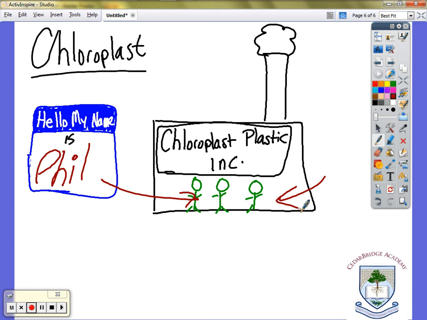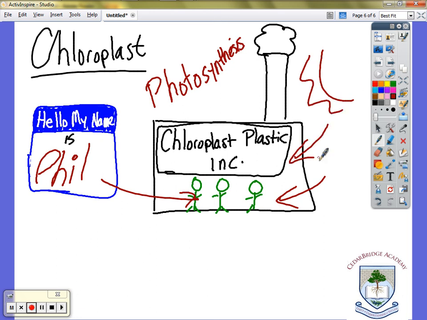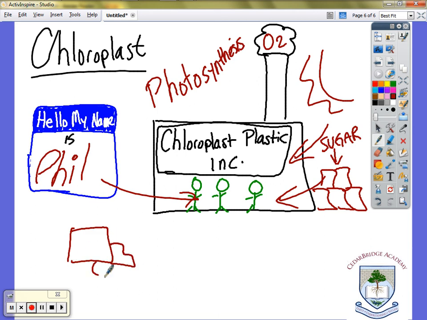And what does the chloroplast factory make? Or what do they do? We all know this from middle school. The chloroplast factory does photosynthesis, which of course uses sunlight to make oxygen and sugar. Okay, and in order to make this oxygen and sugar, it trucks in CO2 and